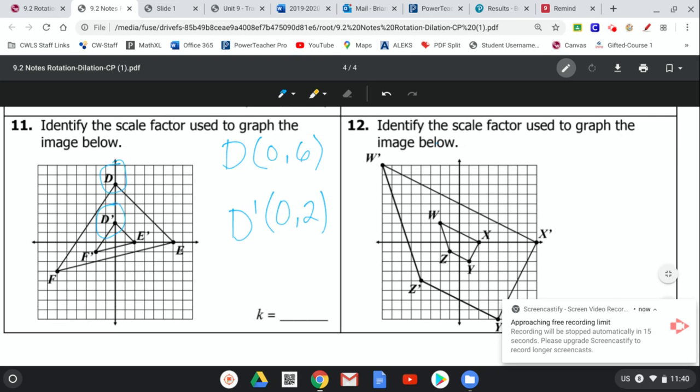Now, like I said, 0 multiplied or divided by any number isn't really going to help us. But if we look at the other coordinate, our pre-image y value is 6, and then our D prime value is 2. All we're going to do for this, if we're identifying the scale